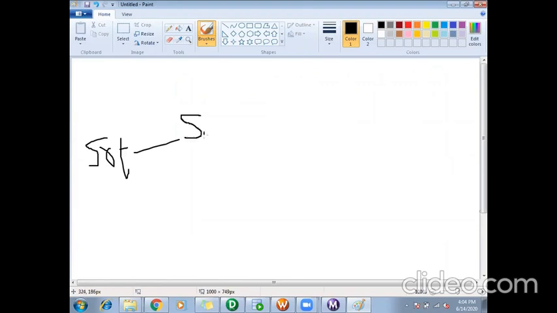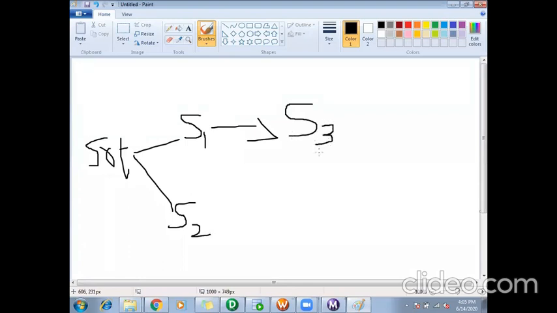As soon as my workflow starts, I want to run two sessions, S1 and S2, in parallel. Once S1 is completed successfully, I want to run the session S3, and when S3 and S2 are completed, I want to run a session called S4.